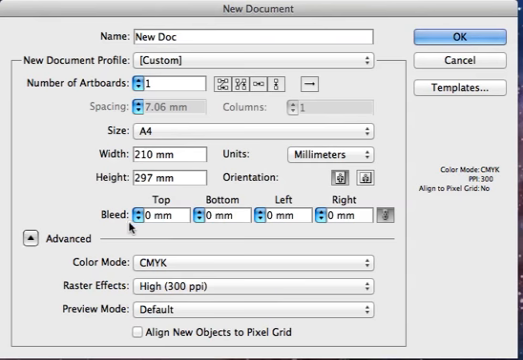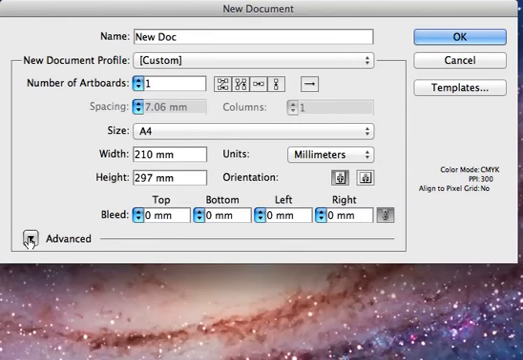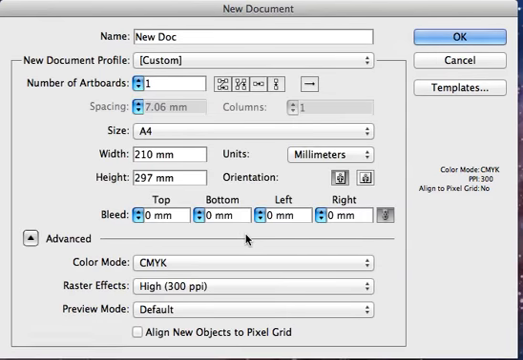Bleed, this is specific to a print-based document. The bleed is the area that will be trimmed off in printing. We can talk about this a little bit later, but if you want to set any bleed, that can be done there. This section here, this is the advanced section. We can leave that alone if we like, or if we go in and take a look at some of